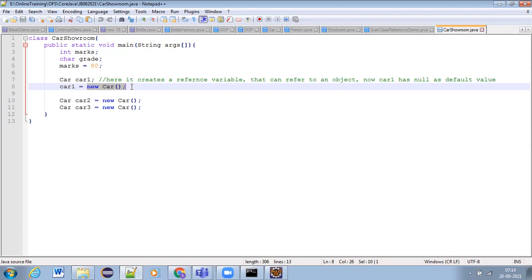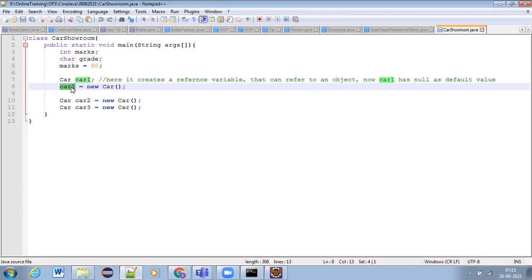So whenever we say new car, then only a new object will be created, and that newly created object's reference will be stored here into this car1.